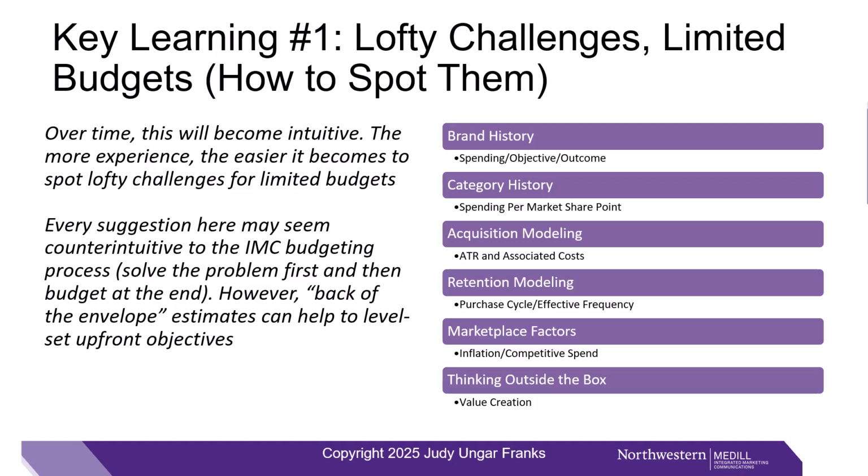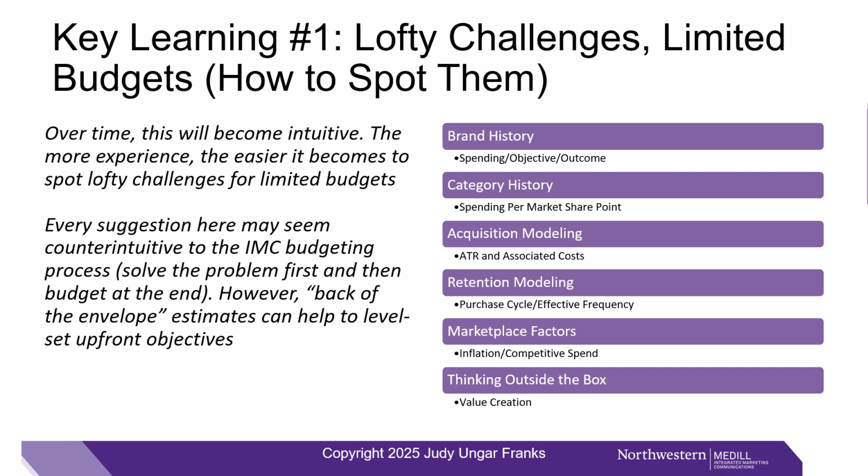So over time, you'll have a sense of your brand's marketing spending. You know what the objectives were behind those various periods of spending and what the outcome was. So very quickly, you'll be able to pressure test your spending relative to historical benchmarks, your objectives relative to historical benchmarks, and then also you'll be able to go back and look in time to just see how successful you were. Because clearly, if you weren't successful at achieving an objective, you can't really expect to all of a sudden be successful without changing something, right?